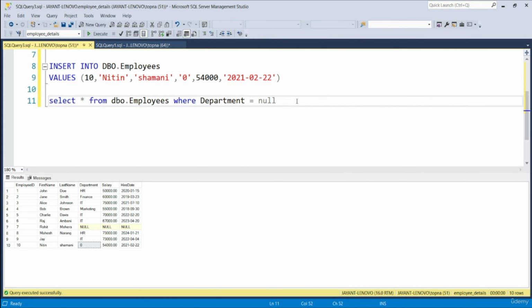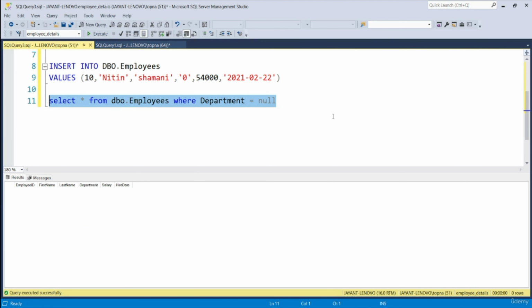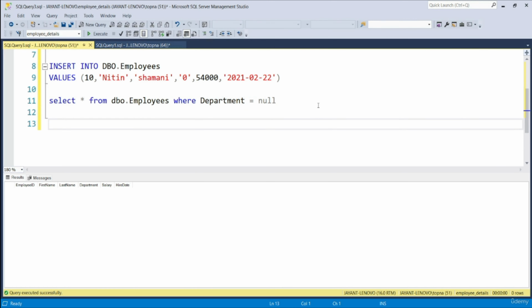If I execute the statement written in line number 11, first of all select it and then simply click on execute. You can see that Microsoft SQL Server doesn't show any output, although it is not throwing any error as well, but it doesn't show any output. So how should we modify this statement so we get the desired output? So the correct way to write this statement will be that I'm writing in line 13, select star from